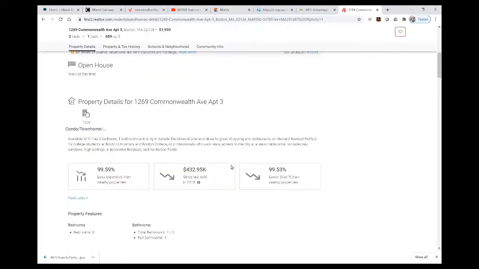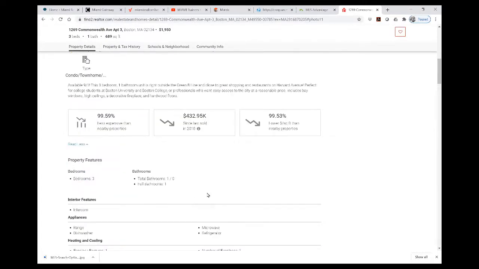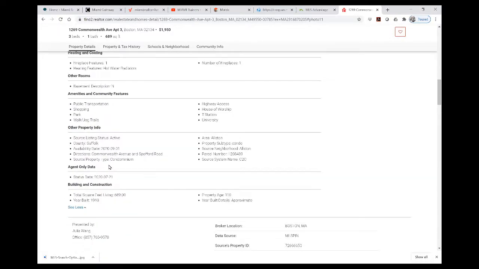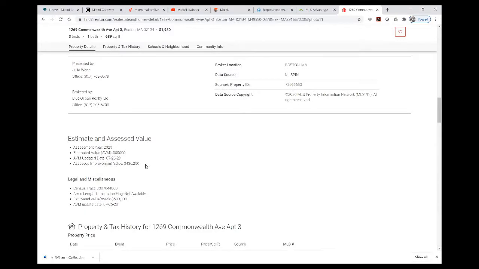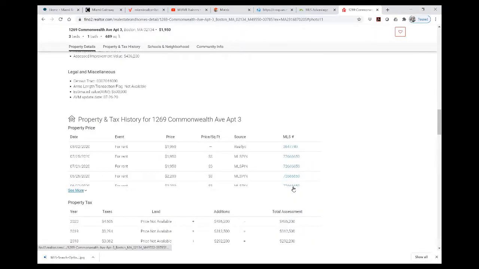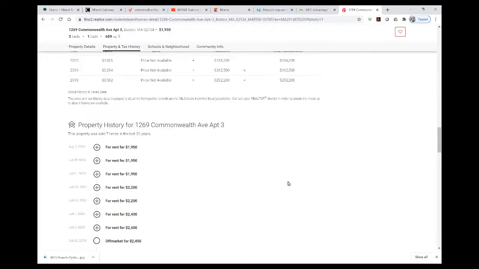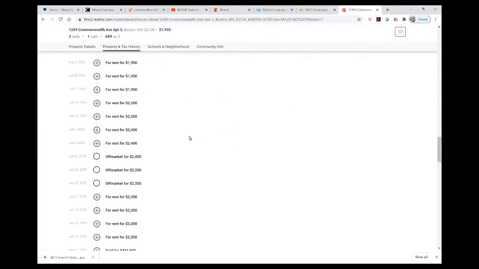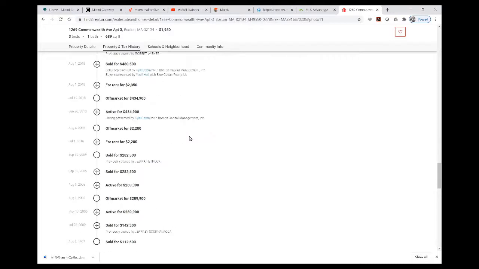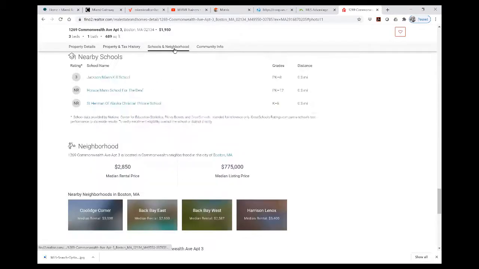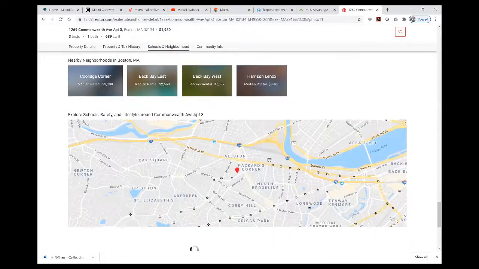We have condo information here, trends for the area, features, beds and baths, right? Interior, the appliances, all of this coming from the MLS. Property tax history in the area, property history for the area. I can actually click over to schools and neighborhood and get school and neighborhood information. There's even a median rental price for the area. So this is less than the median rental price, median sale price, school detail,